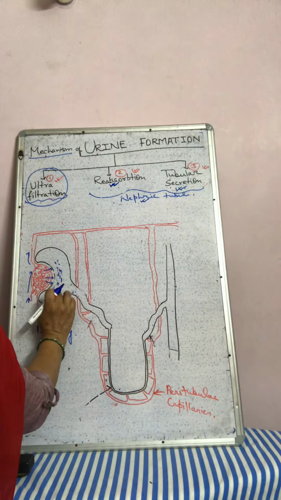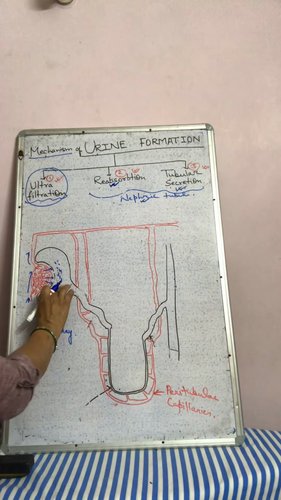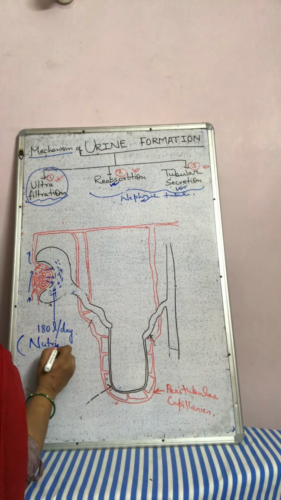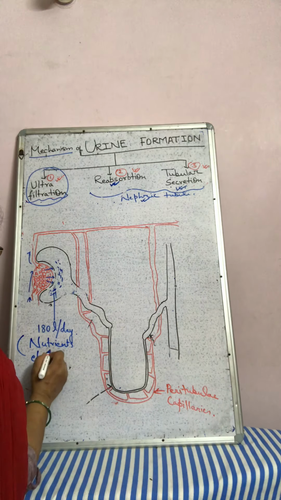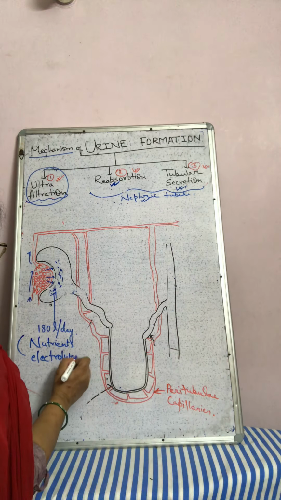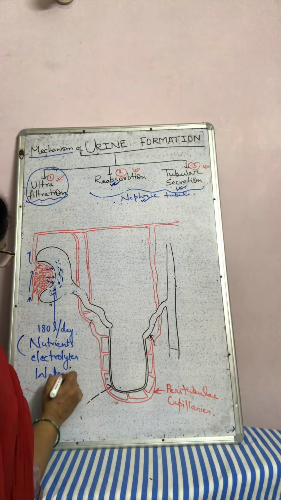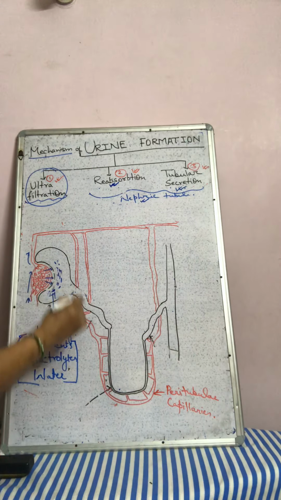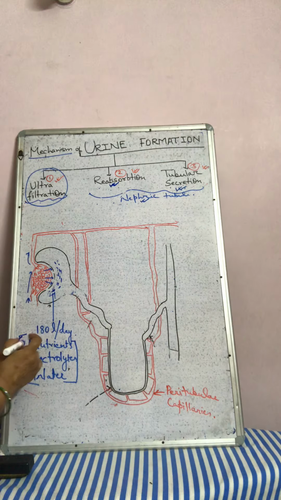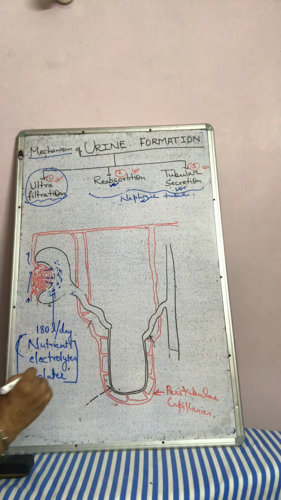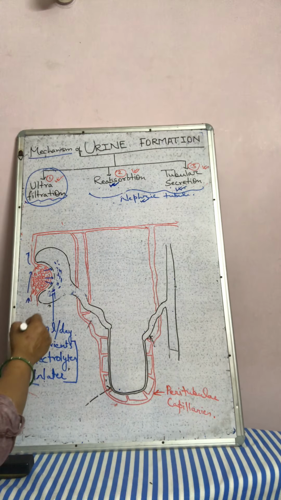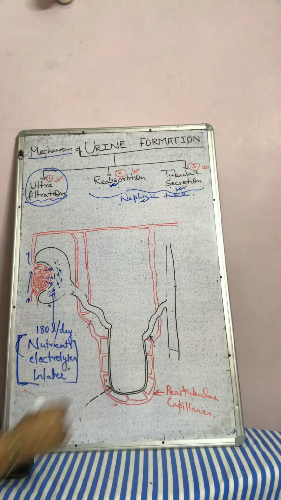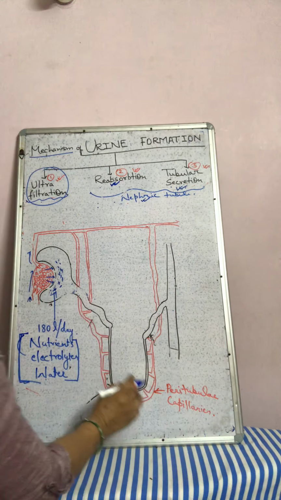This filtrate, which is also called glomerular filtrate, contains lots of nutrients, electrolytes and water, which are essential for our body. If it is expelled out as such from our body, we can suffer from various diseases due to lack of nutrients, electrolytes and water. That means it must be retained in our body, so the reabsorption process occurs. Reabsorption occurs by the peritubular capillaries.